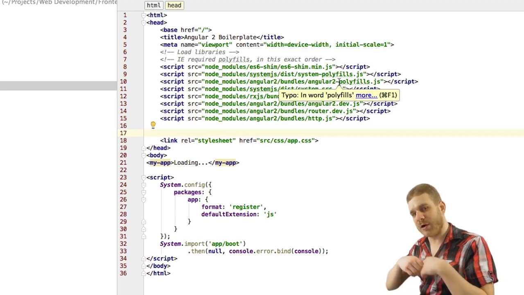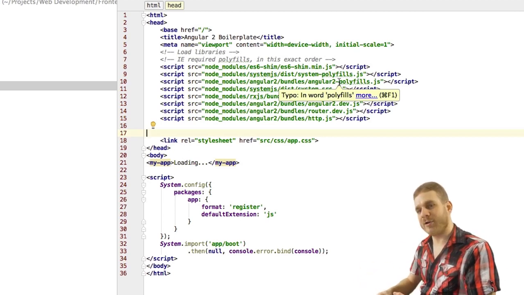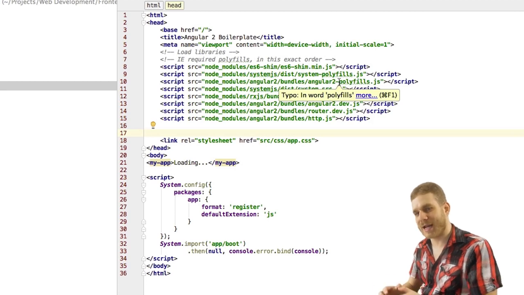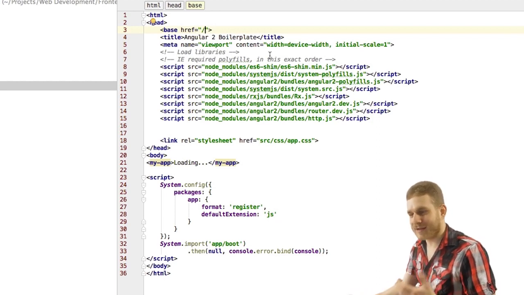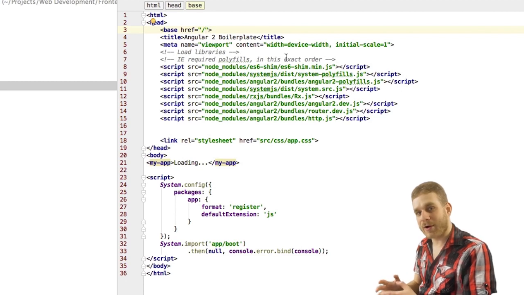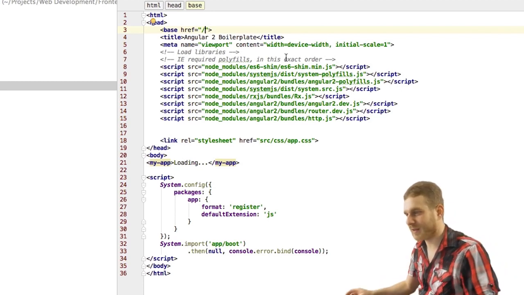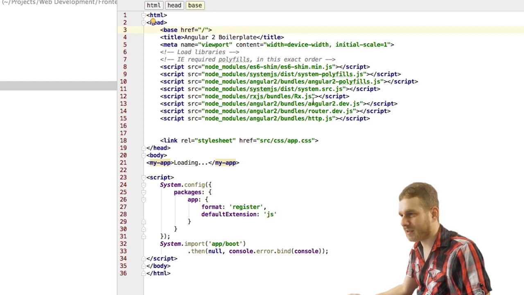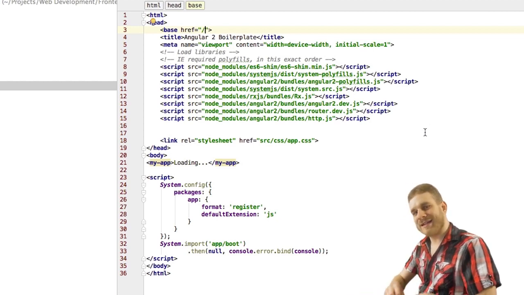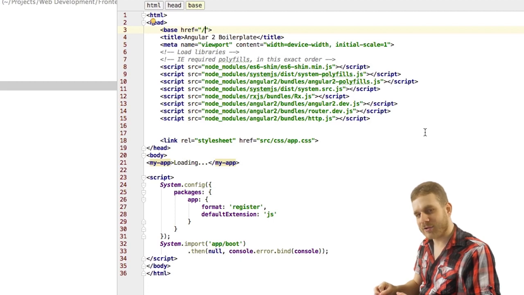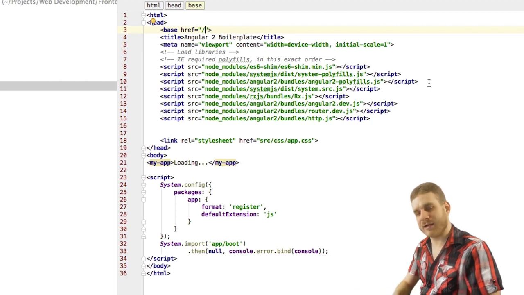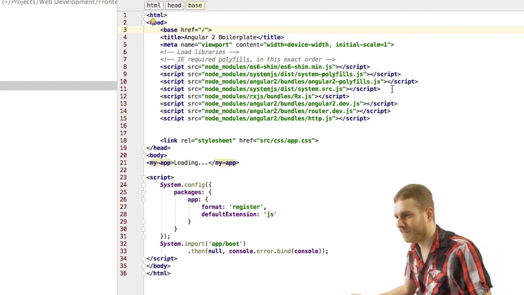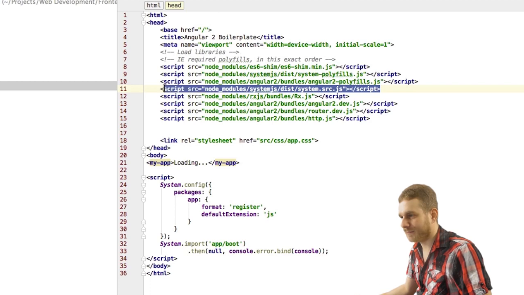Now, if you were to host this app on your server, and there you had like example.com slash myangular2app, you would have to enter slash myangular2app slash into this base tag. And this tag is important for routing to let Angular 2 know where our actual root is. That's very important. Okay, then title and so on. Then we got several imports here, and this will probably change as Angular 2 matures. But as of now, these are several polyfills we have to import to make it work on Internet Explorer and so on. Then we have our system